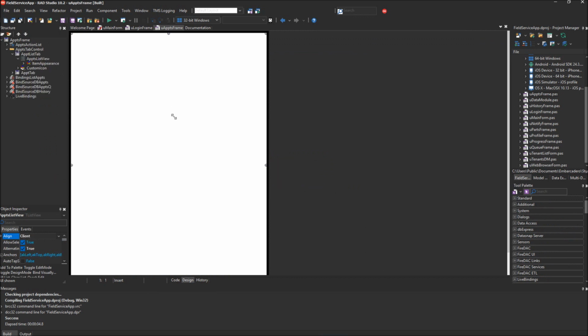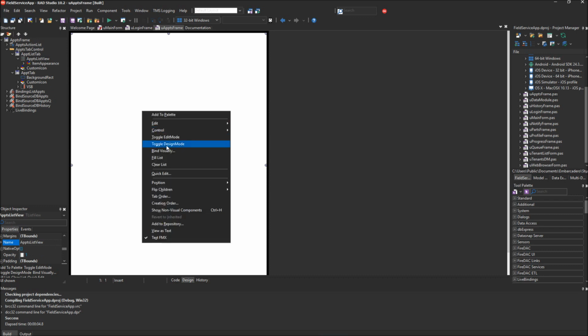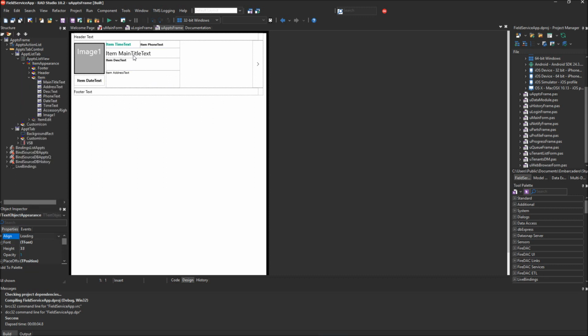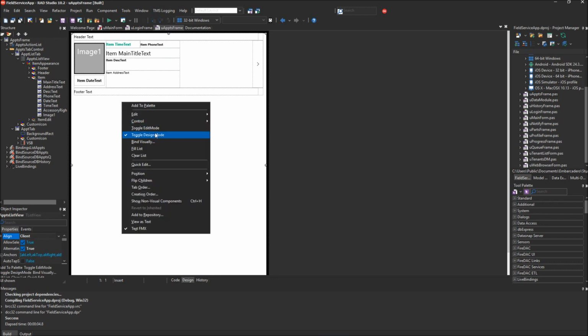this is kind of built the same way as the main form. We have the Appointments tab control. The Appointments tab control has two tabs. It has the List tab and the Appointment tab. On the List tab, we have a list view, and you can right-click on the list view, toggle design mode, and here's where you would edit the display how you would want it to look depending on what items you want displayed in the list view. So we've got a number of different items listed here, and then we can exit out of that toggle design mode,